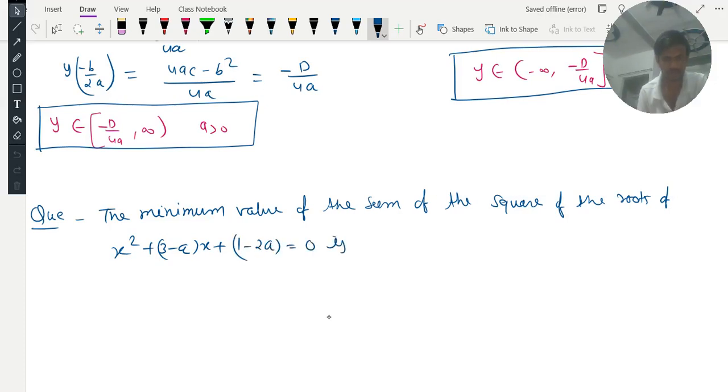We have to find the minimum value of the sum of the squares of the roots. Okay, so let the roots of the solution be